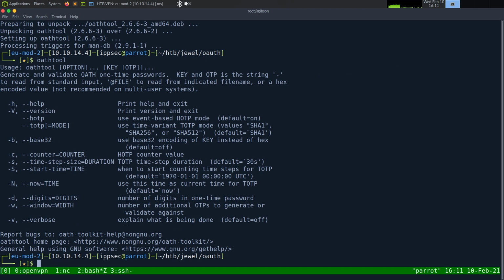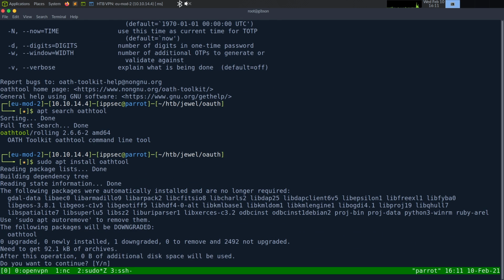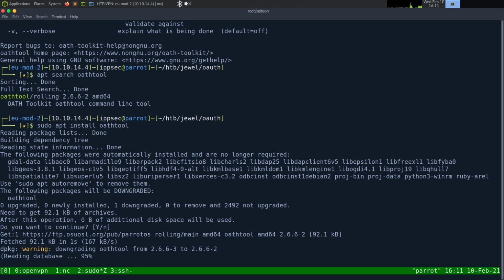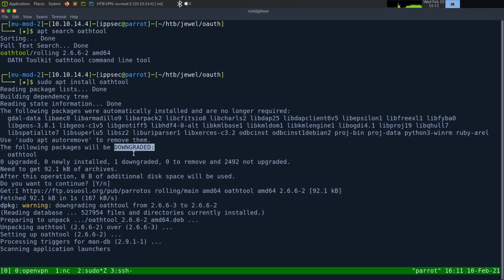Wait, OathTool? Was that my issue? Apt search OathTool. Yes. I was typing OAuth, thinking that was the package name, but it's just oath. So you can probably just do sudo apt install OathTool. You don't have to go through that whole dpkg thing. I'm guessing I installed a later version because it's saying downgraded, but